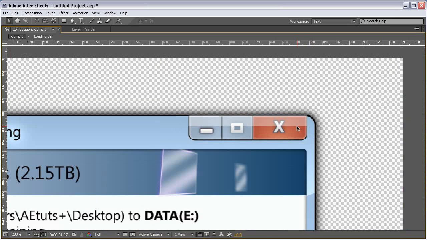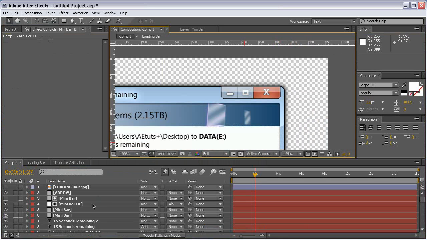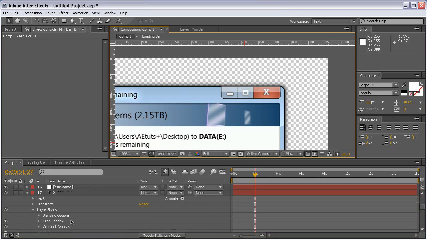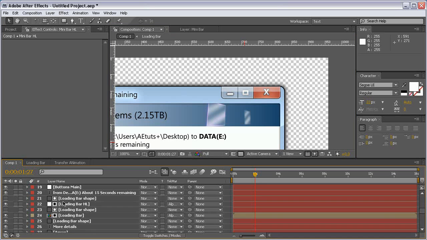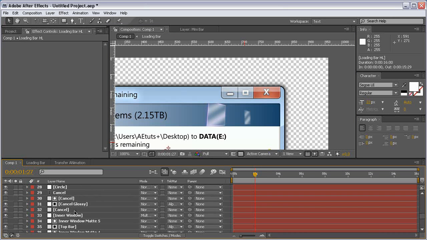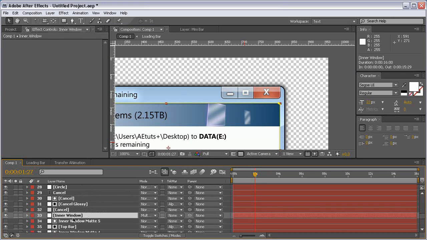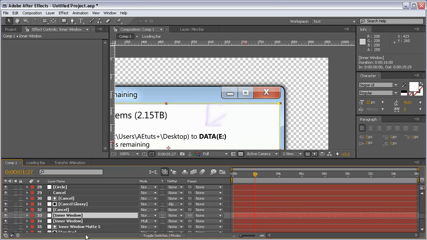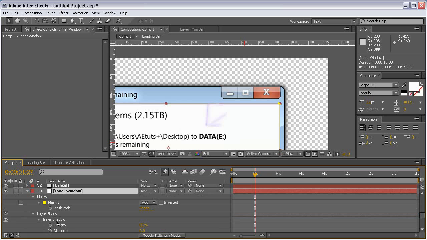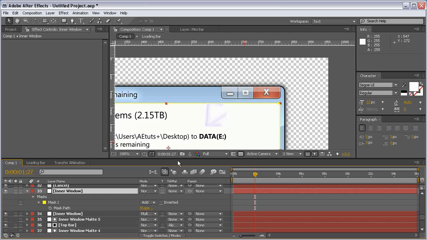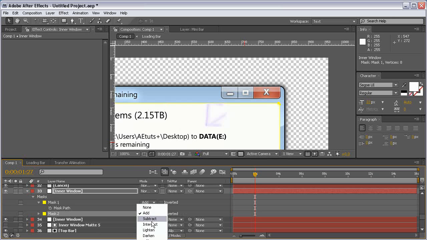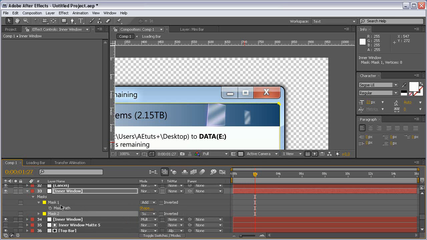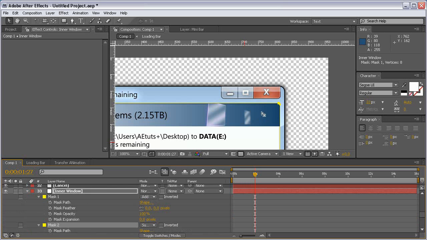So first of all, let's take the inner shadow layer, duplicate it, change the blending mode to normal, remove the layer styles, duplicate the mask, set it to subtract, hit MM to reveal the mask properties,